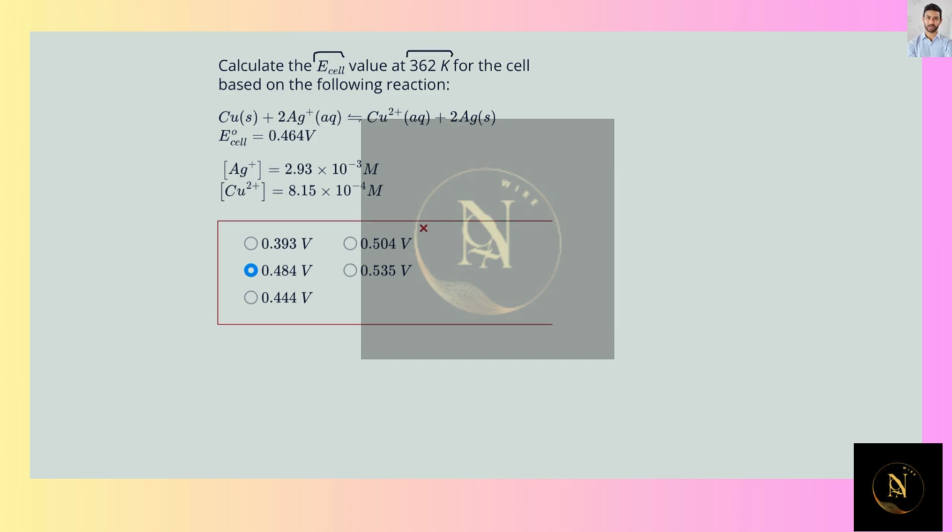Hi, so over here we're asked to calculate the potential of the cell at 362 Kelvin for the following composition. We're given the value for E0 for the cell and the concentrations of Ag plus and copper 2 plus. Remember that the Nernst equation tells us that the potential of the cell would be equal to the standard potential minus RT divided by